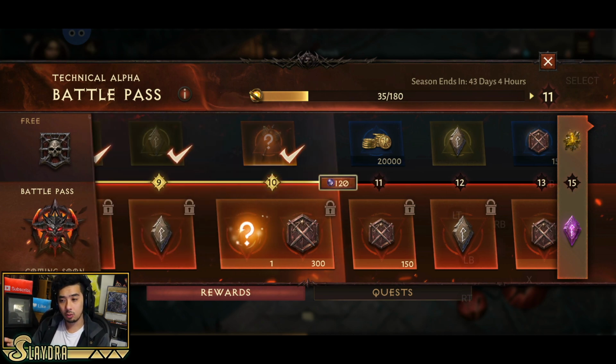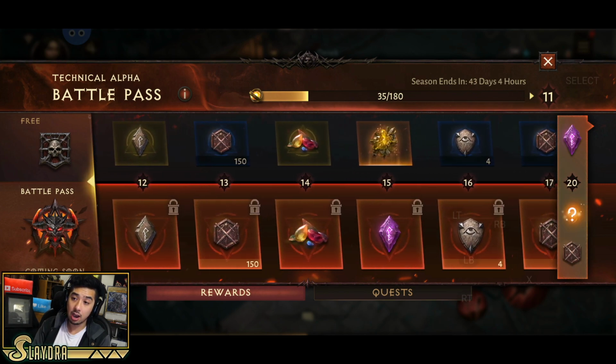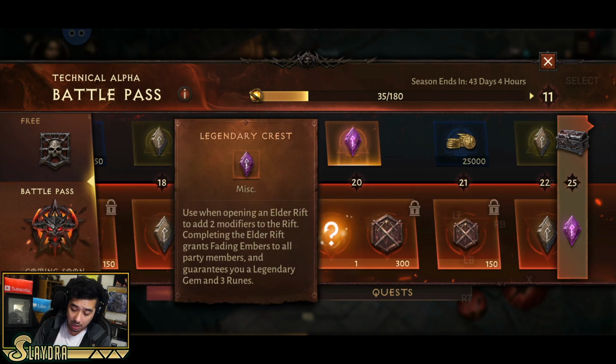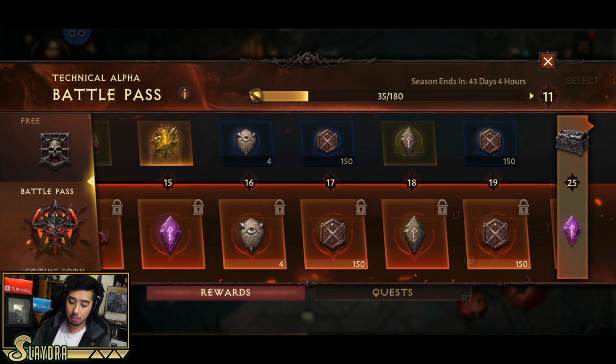Now, is the game pay to win? As far as right now, it's an alpha. It's too hard to say because there's a lot of question mark items. However, getting certain items, like the crests that you throw in to guarantee certain items, could be a pretty big deal. Like for example, this legendary crest over here says use it when opening up an Elder Rift to add 2 modifiers, and completing the Elder Rift grants fading embers to all party members and guarantees you a legendary gem and 3 runes. A lot of the things I've noticed on the battle pass are basically the same thing